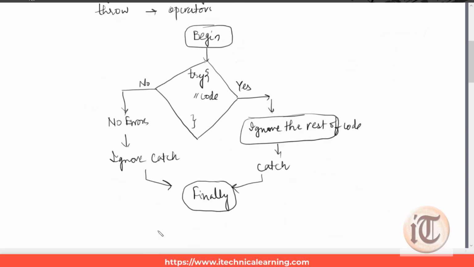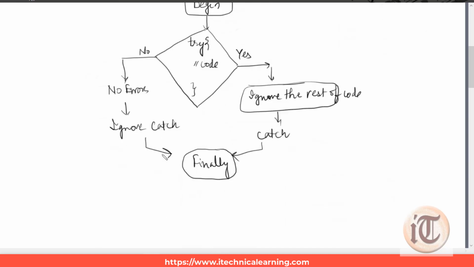Okay, so what is the anatomy of using this type of try, catch and finally? To understand this, suppose I have a code. So I'll write something like this. I'll write my script tag, and inside the script tag I'll write my code inside the try block. So this part will actually contain the code to be executed, the code I want to execute.